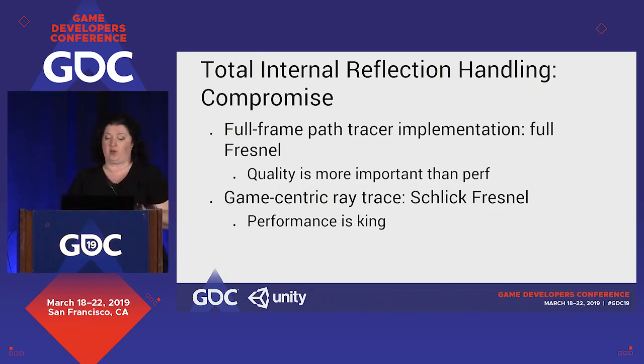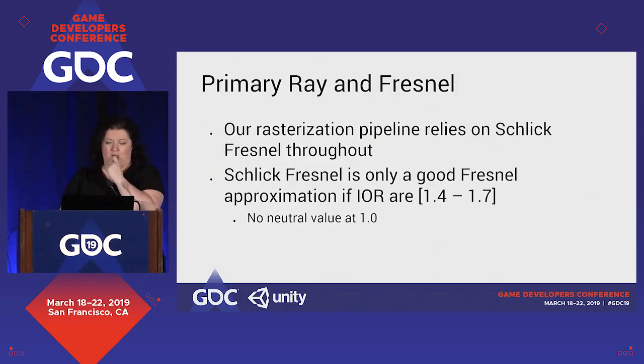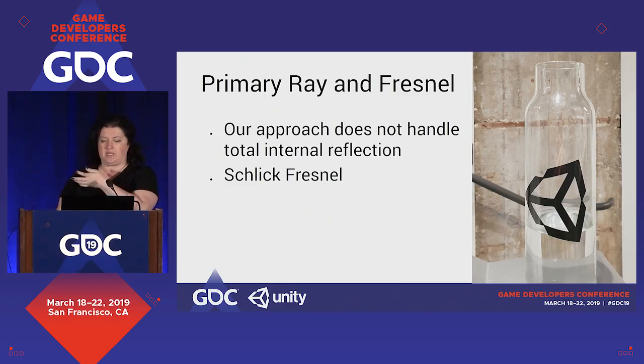And when quality is more important than performance, fantastic, go wild, use the true Fresnel. And when you're in a more performant route and you really need to think about dynamic elements of the scene, one of the benefits is we get performance, but the other benefit is you also match more of the look to your evaluation from the rasterization pass. So one set of assets is also something that's worth thinking about. This is the example of the total internal reflection effect that we're basically saying we're punting for this.